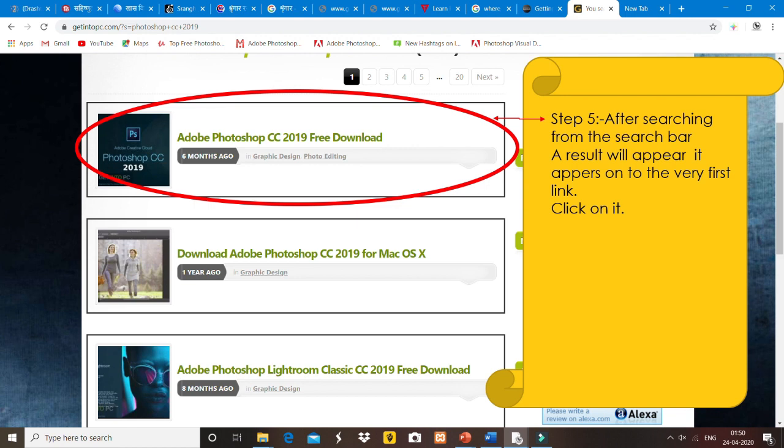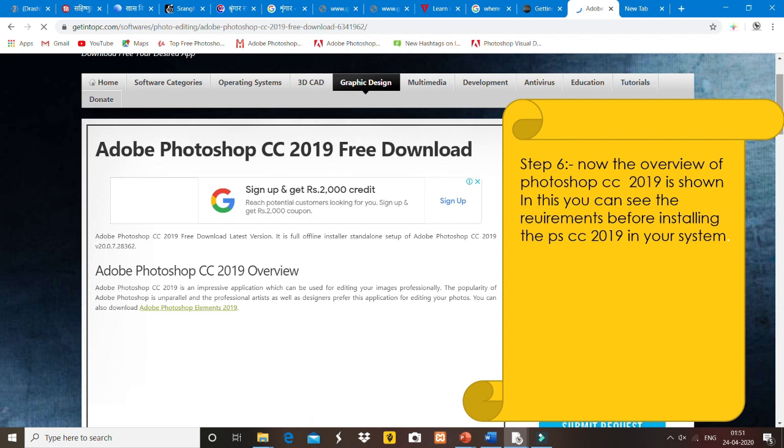Click onto that, and Adobe Photoshop CC 2019 free download overview is shown to you. Read the full overview of Photoshop CC 2019, where it is given how to install, what the requirements of Photoshop are, and what tools are added into the 2019 CC Photoshop.